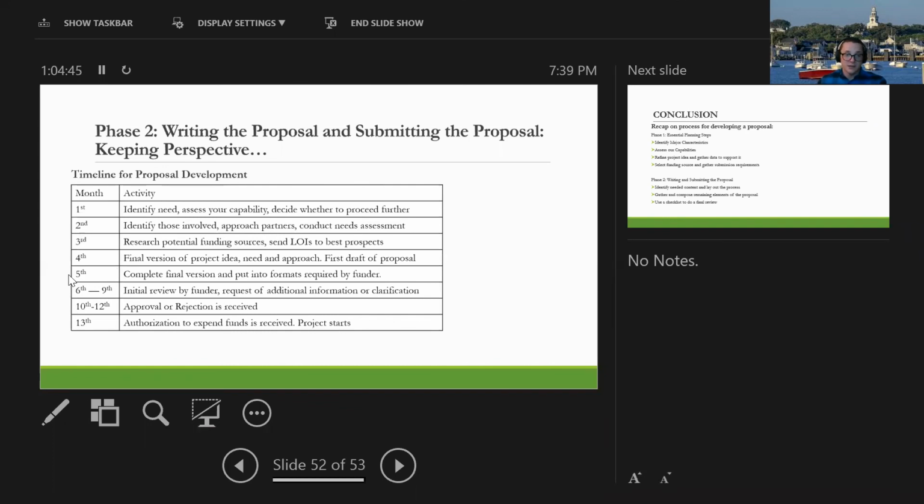Your solicited RFPs, those aren't going to take a year. I've had RFPs where my president of the college, his office, his administrative assistant comes to me, puts the announcement on my desk, and I've got 2 weeks till deadline, go. So just keep that in mind. This just kind of breaks down, I would say, starting cold with a foundation and developing a relationship with them for a future project. That's what I would keep this in mind for in terms of that yearly process.